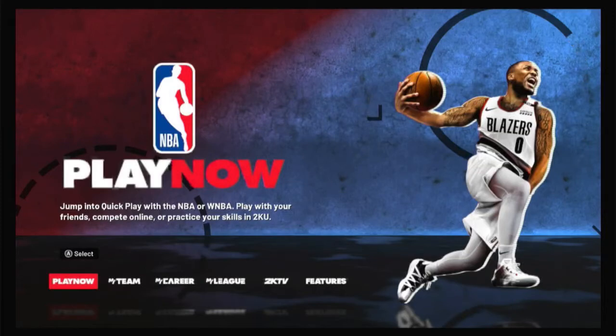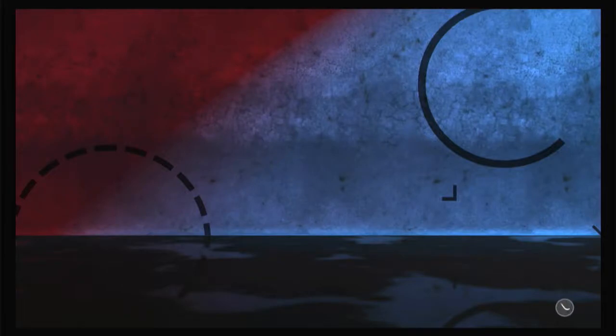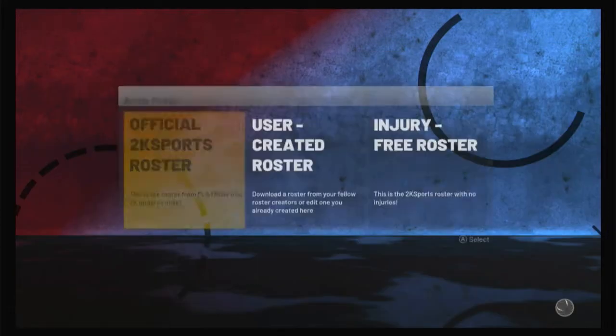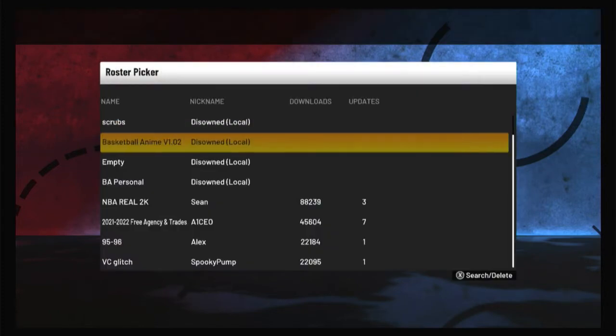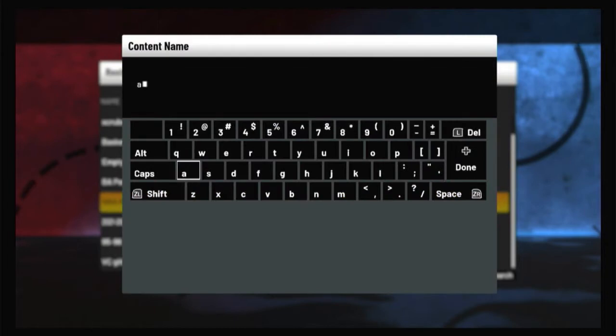This is just a tutorial for how to use the anime roster. So if you go to PlayNow, sorry I didn't show it. On the left side you see the left trigger to choose a roster, user created. You'll click X, go to search by content name, and you can search anime. So if you type it in,